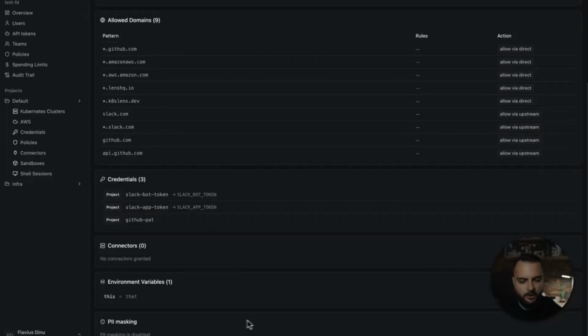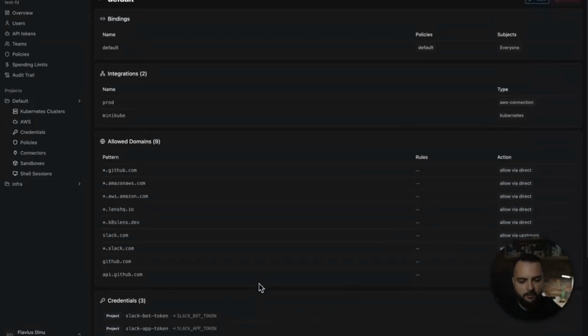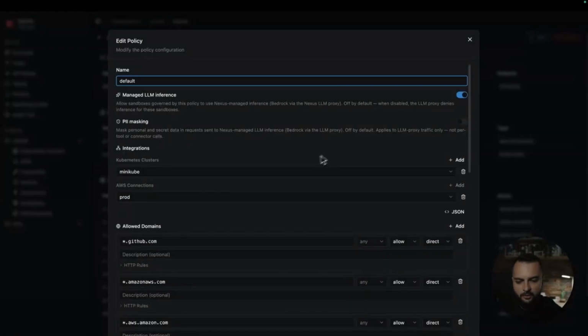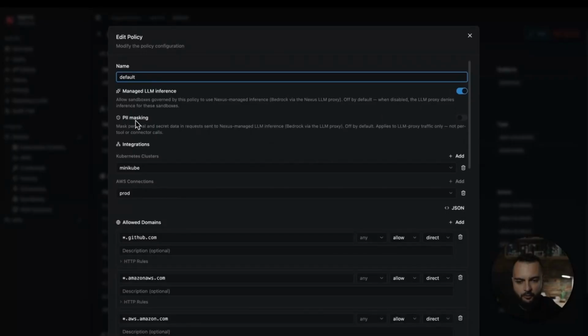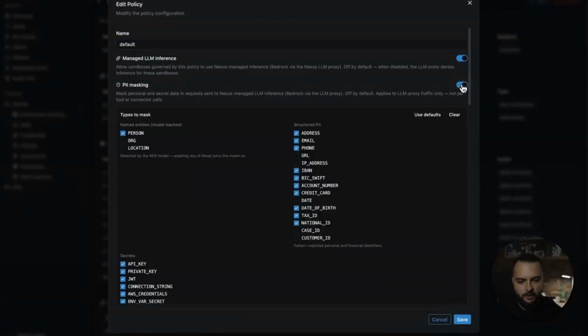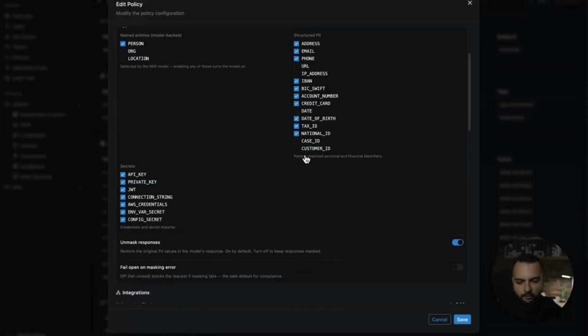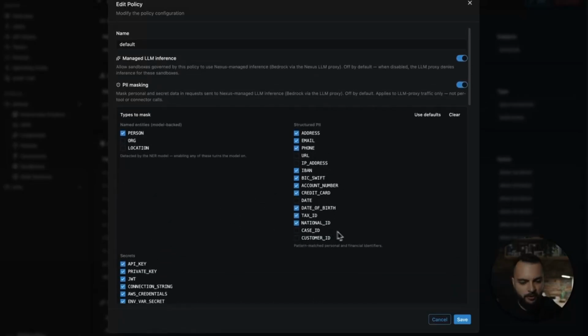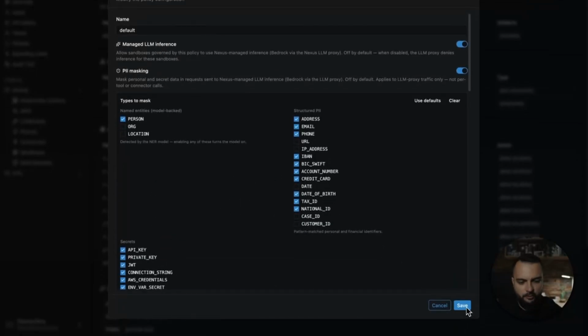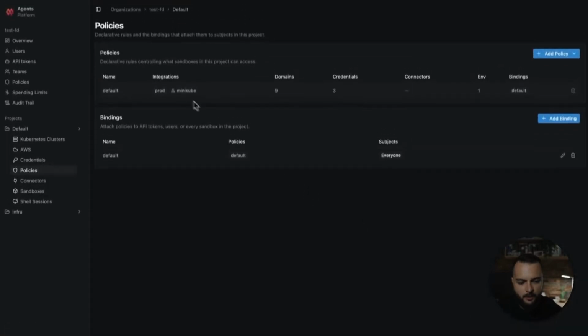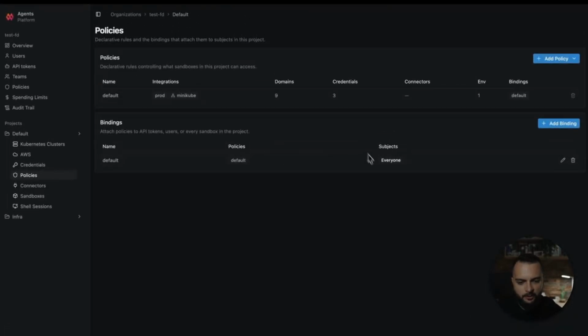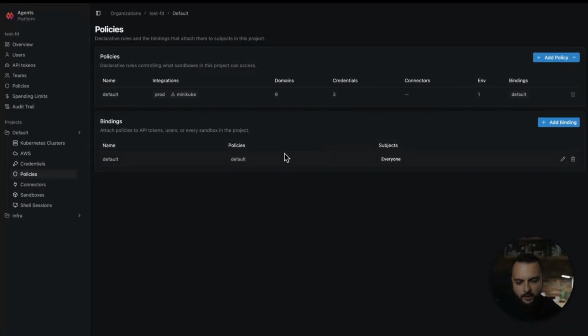And we can also check if we can enable or disable PII masking. So let's actually enable it. I'll just go to edit, and we have here the option for PII masking. I'll just click on the button right here, and you can see a lot of things that you can actually mask per se. So let's click on save as well, just to have this enabled. And we can see also that this policy is bound to everyone, so every one of my agents will have